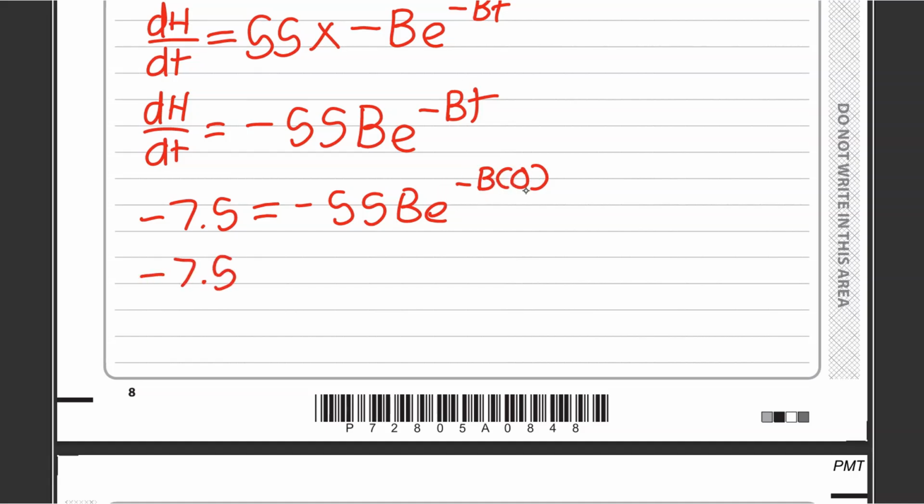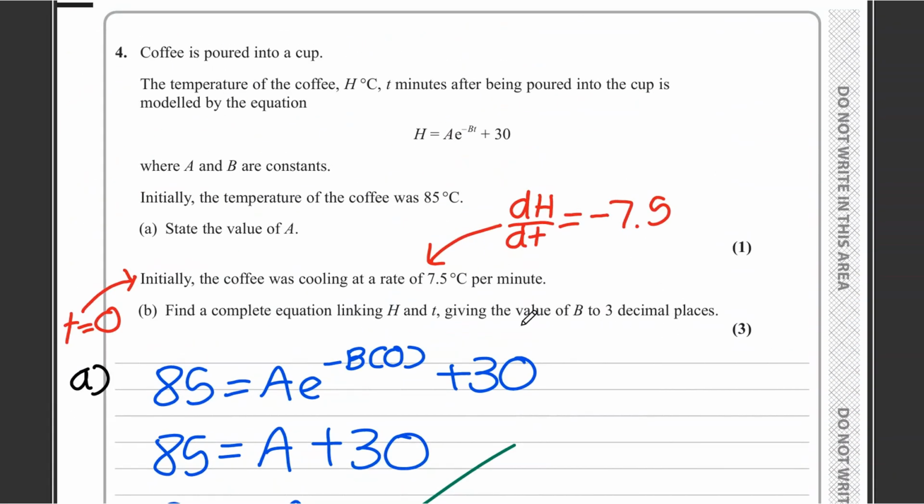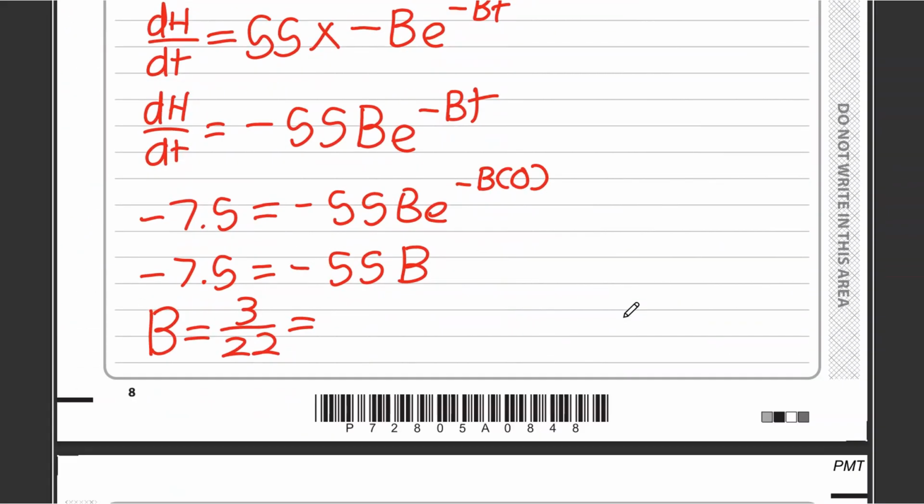So this is just going to be minus 7.5 is equal to minus 55b here, and then divide both sides by minus 55, so we get b is equal to, if you put it into your calculator, 3 over 22. The question asks us to give the value of b to 3 decimal places, which is